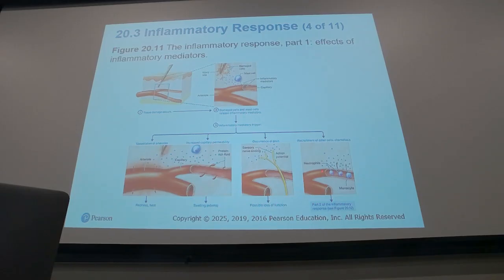So all of this edema will help to prevent you from having microbes going into your bloodstream, hopefully, because you will compress the blood vessels there. And then as the blood is flowing more through the area, you will create heat. That's why you end up with this higher temperature in that inflammatory